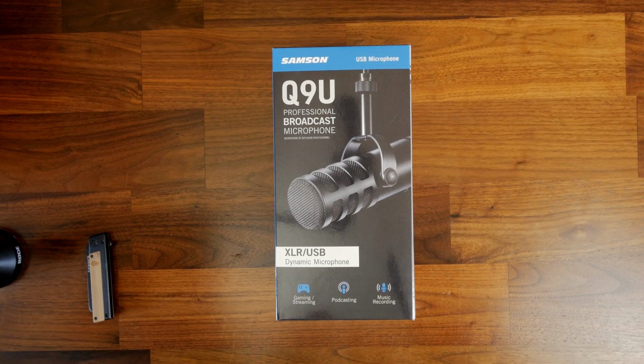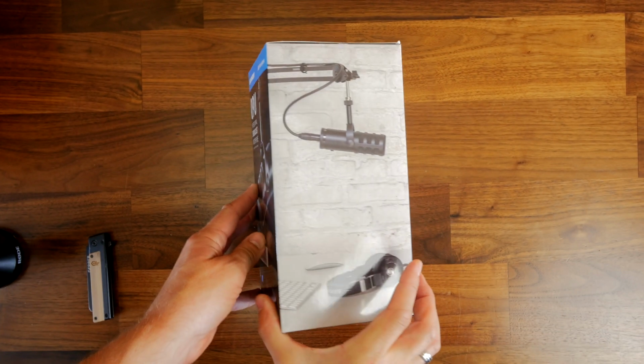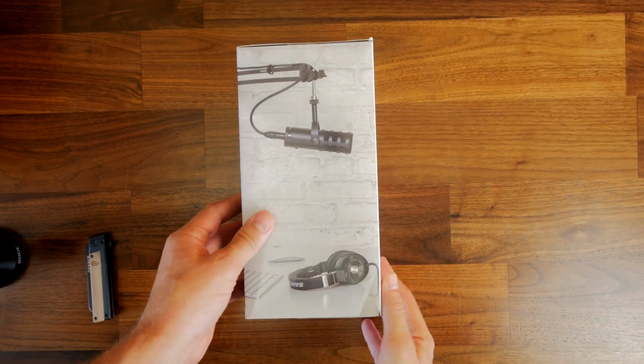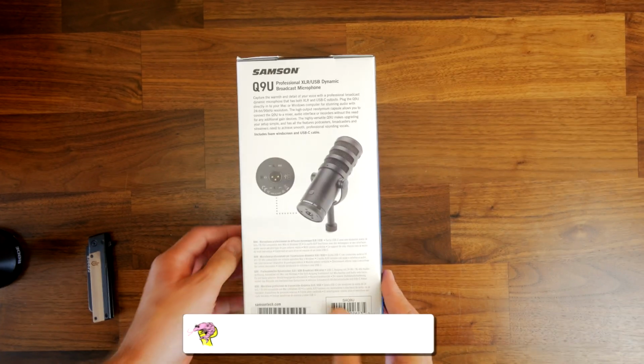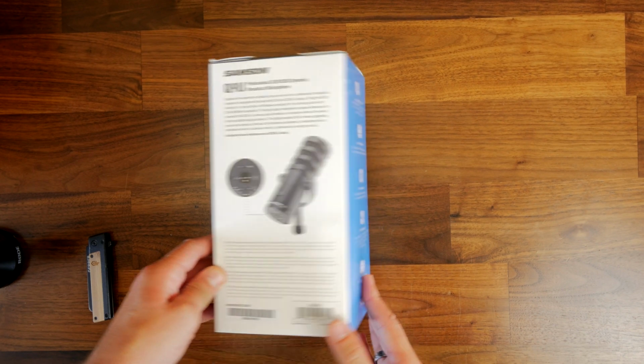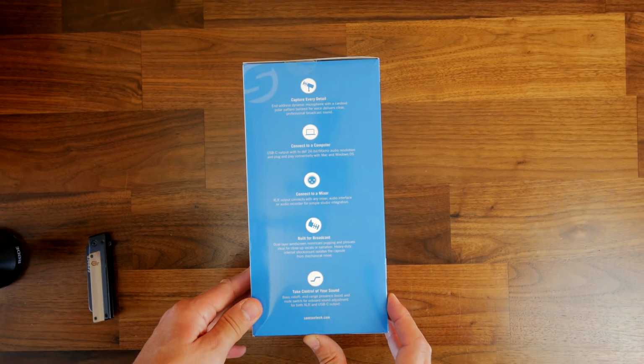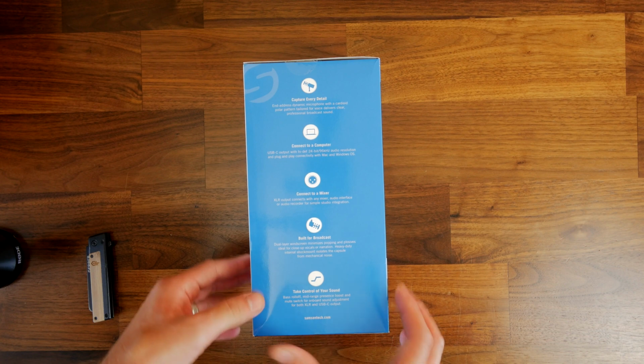Hello, this is the Provoked Prawn, and this is the Samson QU9, a professional broadcast quality microphone that works with both XLR and USB connections. It's also affordable, coming in at under £200 or $200, which makes it potentially very appealing, doubly so when I tell you that I'm using the microphone to capture the voiceover for this video, so you get an idea of